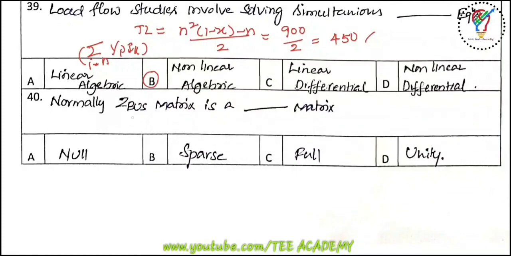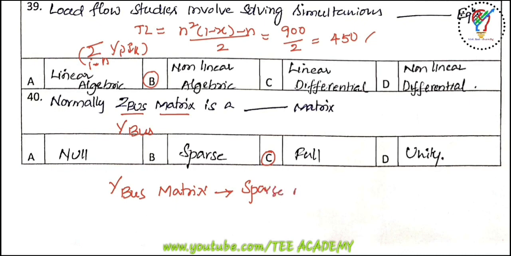Normally Z bus matrix is a dash matrix. So there are two questions from this. What is Y bus matrix? What is Z bus matrix? So Z bus matrix is always a full matrix. If they ask what is a Y bus matrix, so Y bus matrix is always a sparse matrix. Sparse matrix means most of the elements are